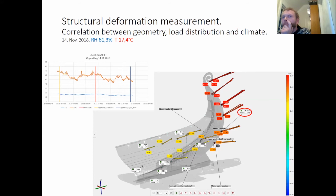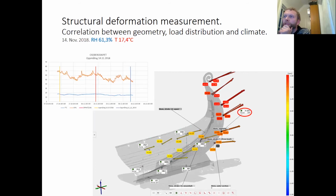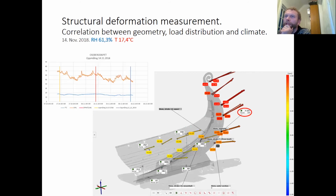Then in November, the RH is slowly starting to decrease, 61.3 here, 17.4 degrees. Heat has come on in the museum and it's getting drier. Now, related to the month before, we see it has pulled slightly backwards, and the load has gone down some kilos from 258 to 249. Then we move ahead to